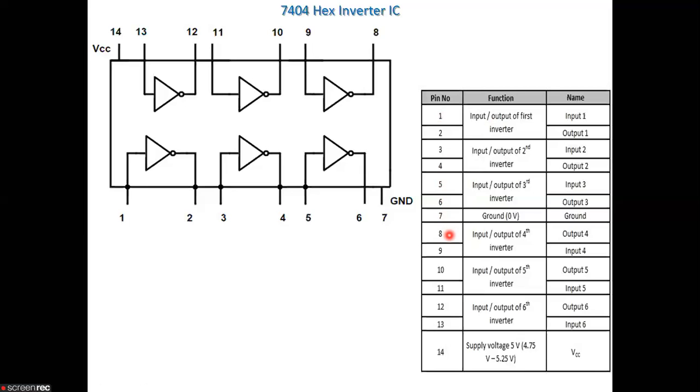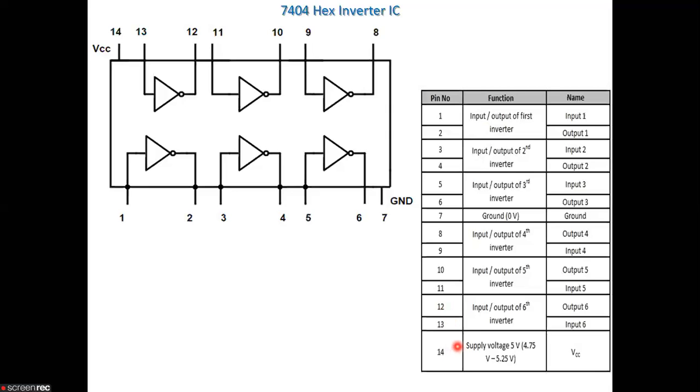output of the fourth inverter. 9 is the input of the fourth inverter. 10 is the output of the fifth inverter and 11 is the input of the fifth inverter. 12 is the output of the sixth inverter and 13 is the input of the sixth inverter, and 14 is